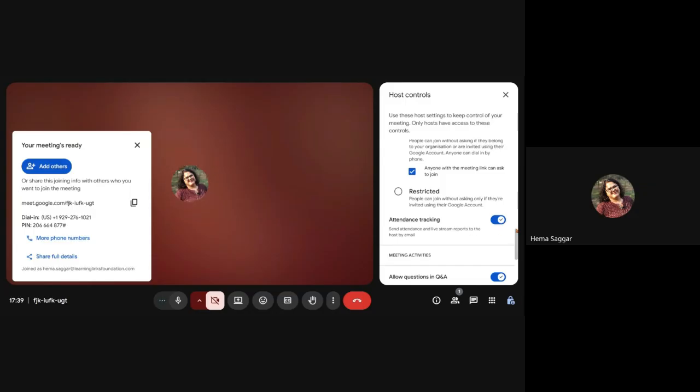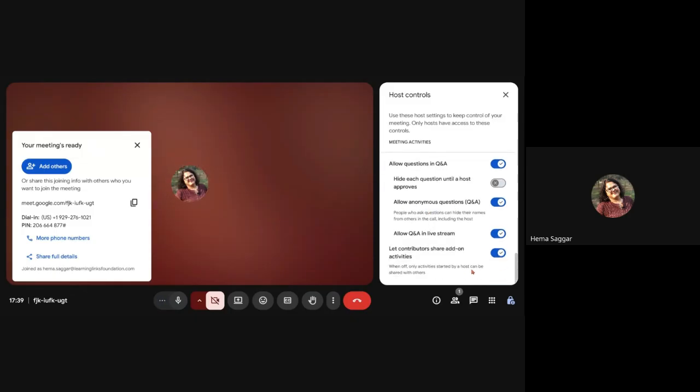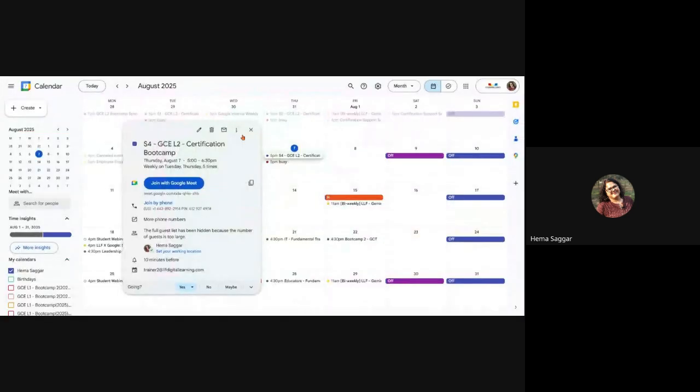Attendance tracker, for me it is default on, but you can turn it on or off anyway. And other more options are available. So this is about what your Google Meet offers everywhere. Now, very quickly, I'm going to go on my Google Calendar and